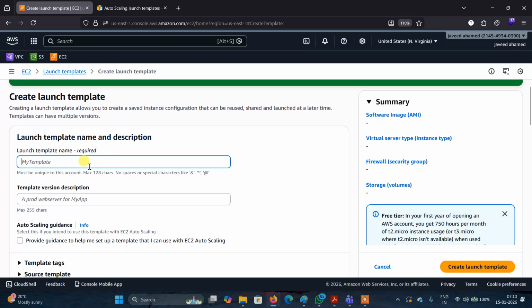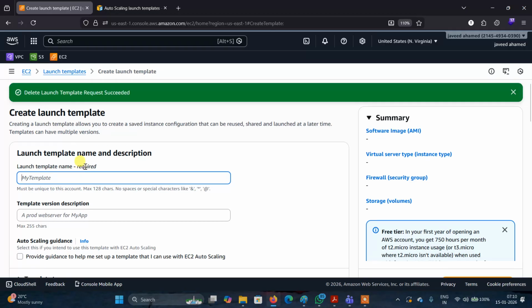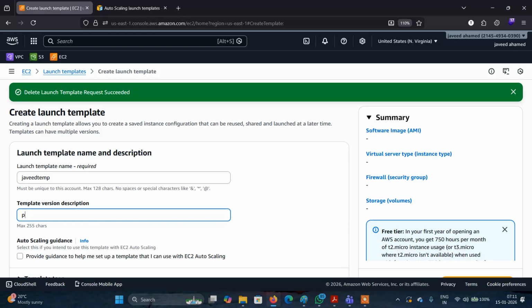Here I am creating the template. I'm giving the name as Java temp. Why am I creating this launch template?